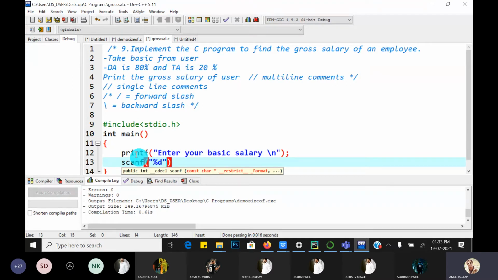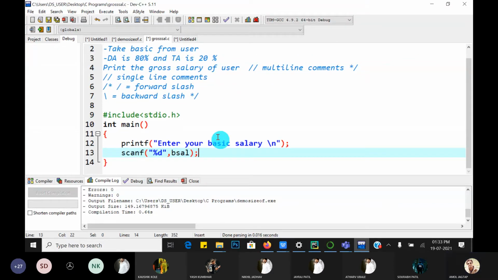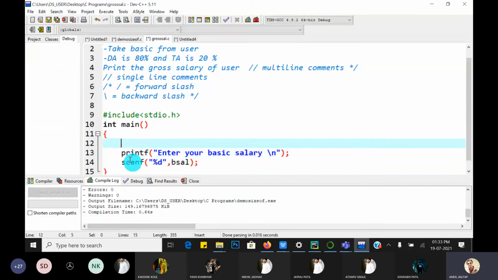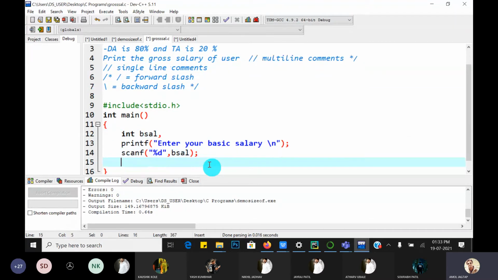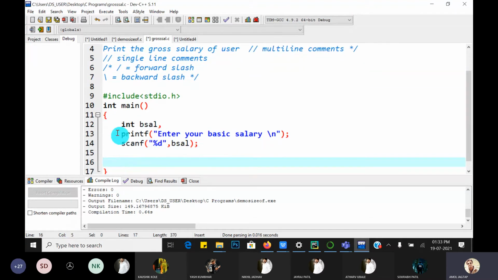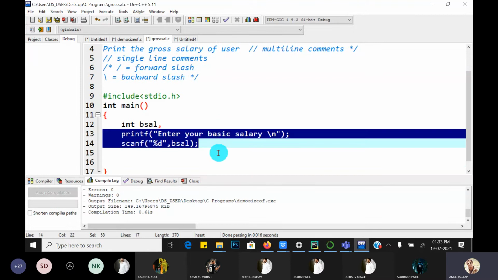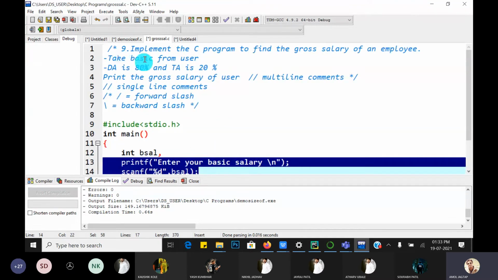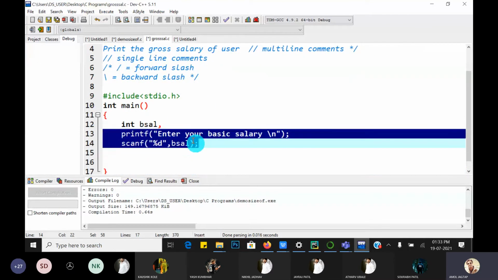Suppose basic salary is an integer, so comma, bsal, that is the name of the variable. Declare that variable as an integer. This is the input statement. We take the basic salary value from the user.